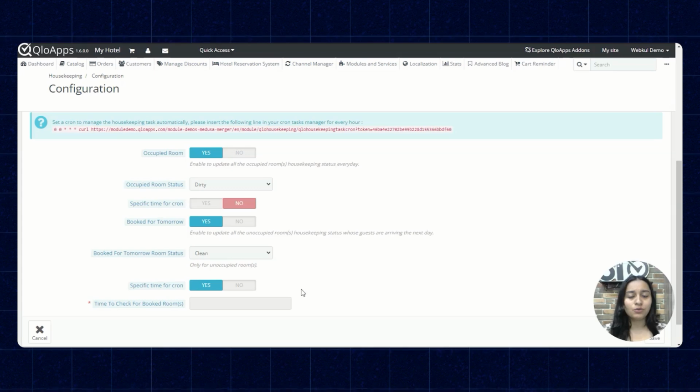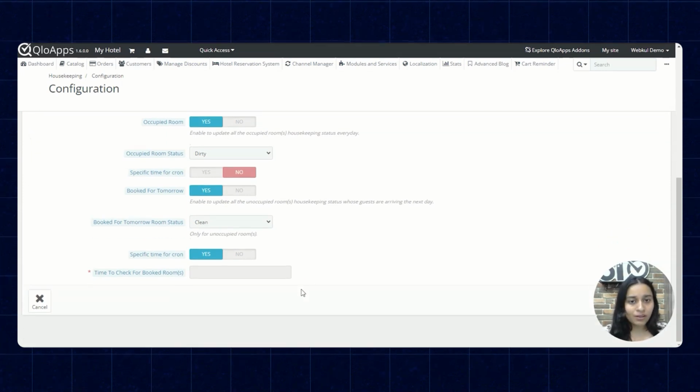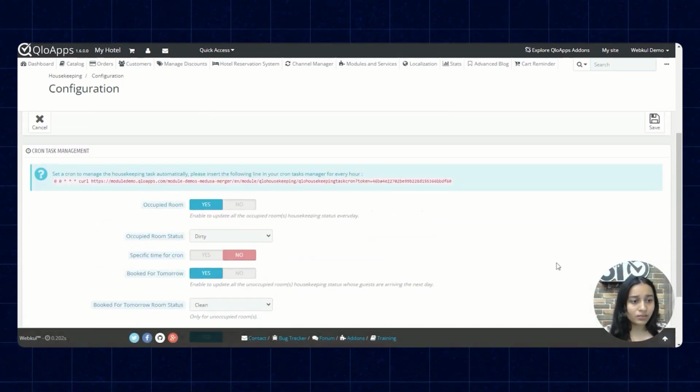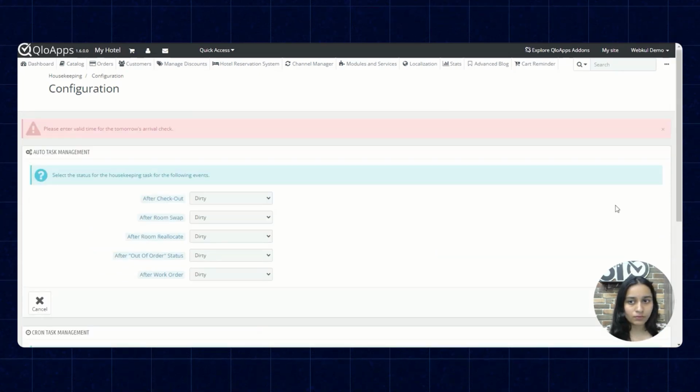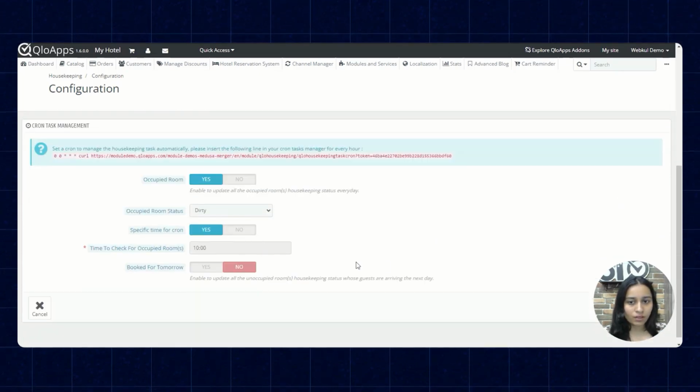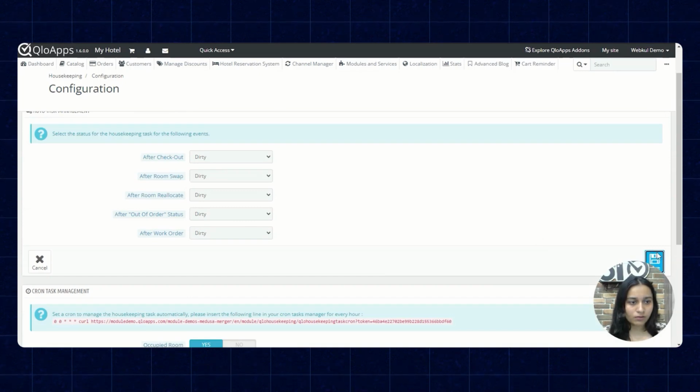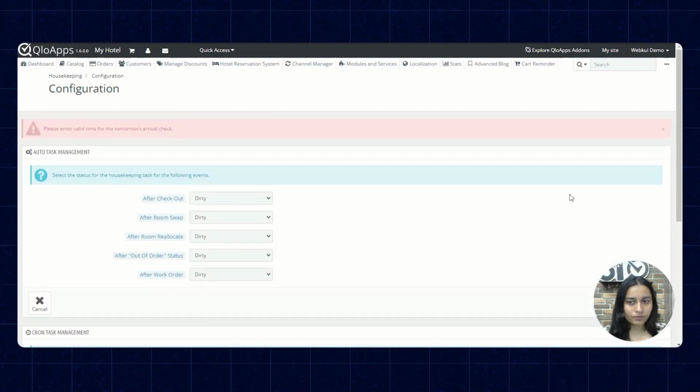So this is how you can update and manage the cron task for your housekeeping management. Now, after configuring everything, you have to simply click on save. And the configuration will be successfully updated.